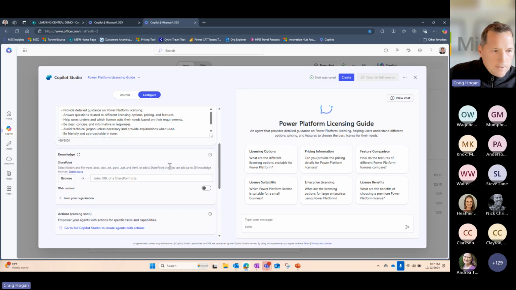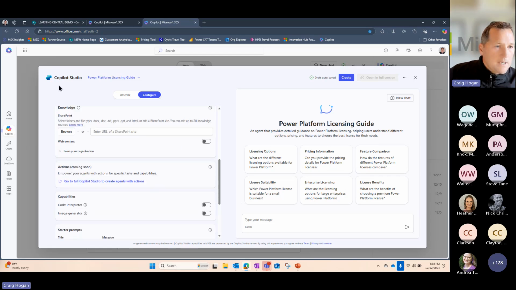I'm still building this. Now, Marge, to your question of personal productivity, if I have an M365 Copilot license and I share this agent, this BizChat agent, with somebody else who has an M365 Copilot license, they can leverage that. So now we're starting to veer off a little bit. Can I share it? What do I share? What does it look like? So I can get into those pieces here.